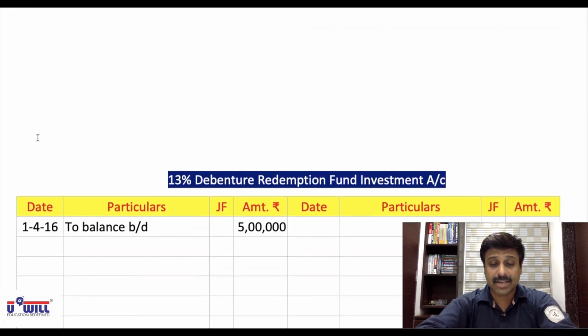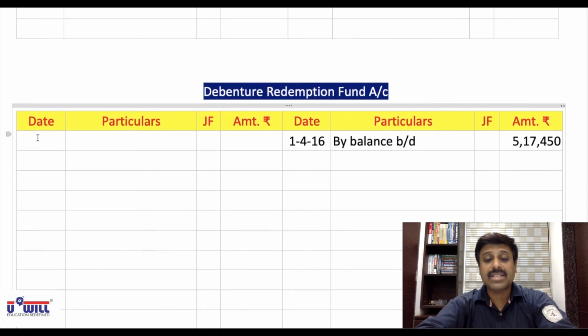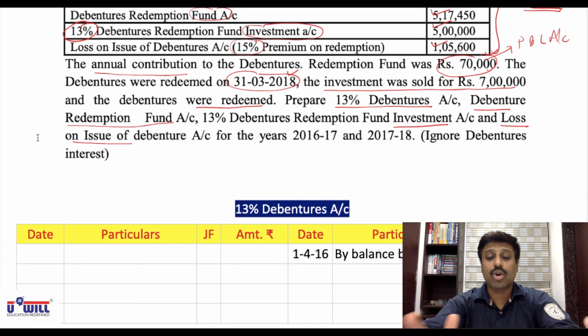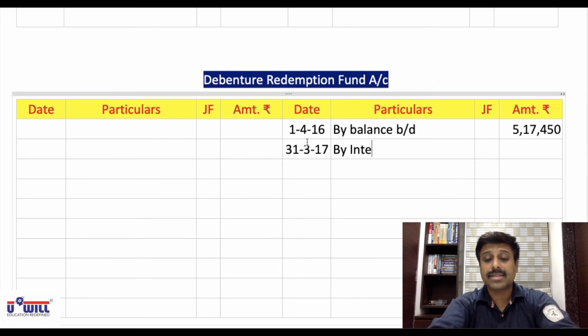First we will receive the interest. Bank account debit to interest account. Okay, the interest account is not to be prepared here. It is not asked, so no need to prepare that account. So the bank account debit to interest entry will not come. But the second entry will come: interest account debit to fund account. So in the fund account, credit side, we will show 31,317 by interest on debenture redemption